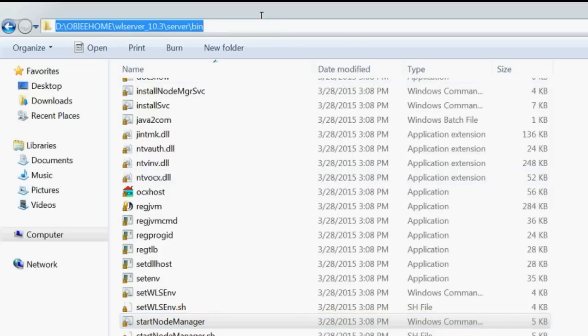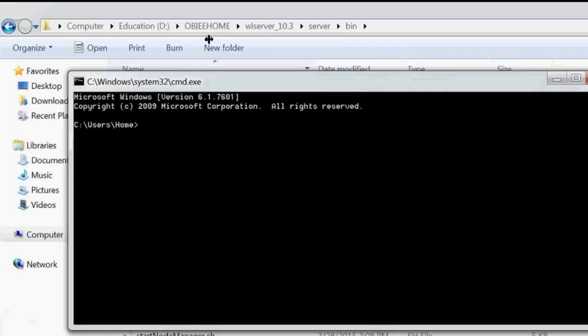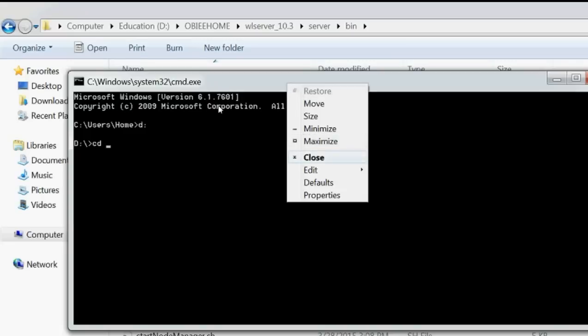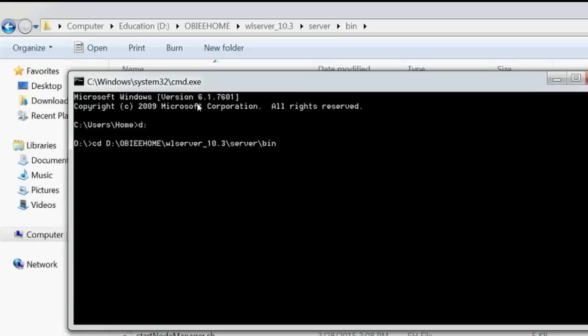So how can we start it? Just copy that path, open command prompt, and change the directory to D. Paste that path and enter. So now it is directed to this directory.